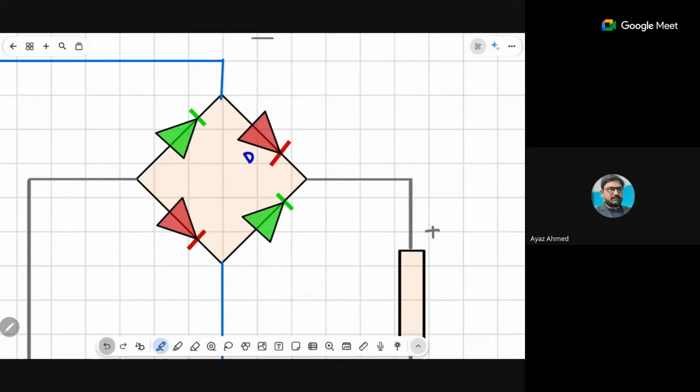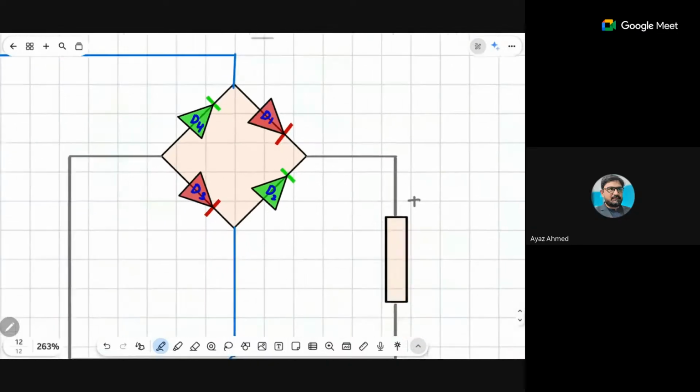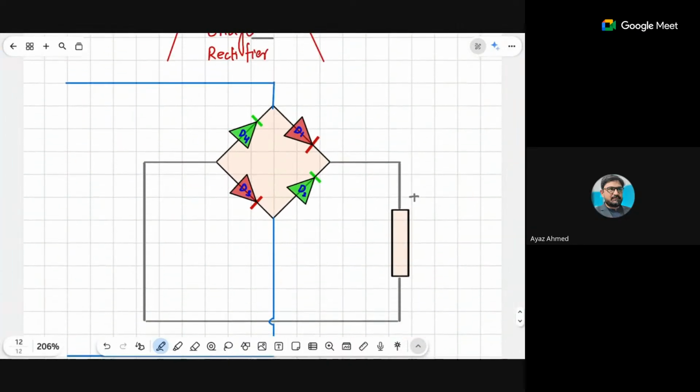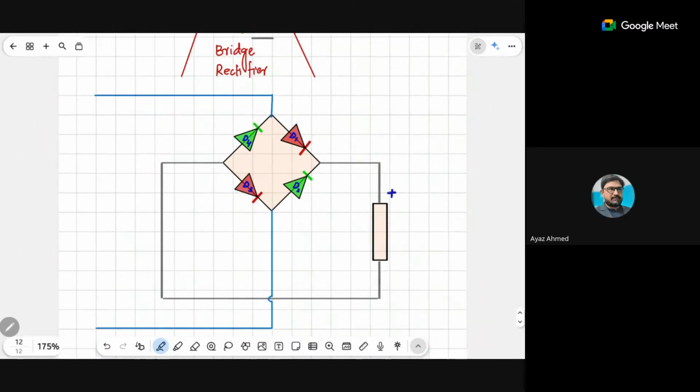These diodes are connected in such a way that they will work in pairs. So this was D2, this was D3, this is your D4. All these diodes will work in pairs, as I told you. So first of all, why did I connect the diodes in this way? This output terminal, the upper half of my diagram, your load resistor should be positive, because